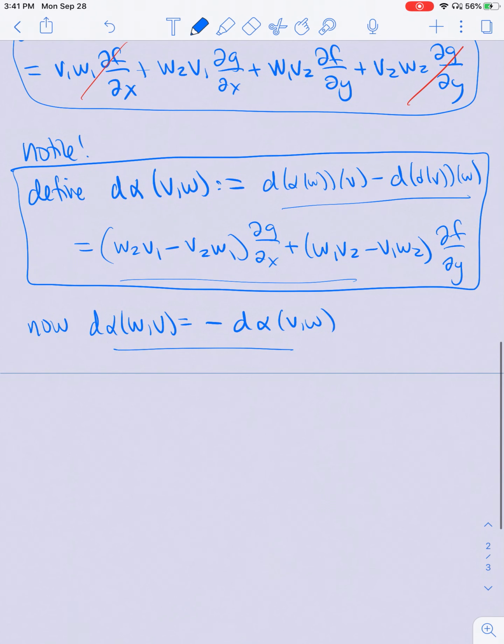Okay, so this is how I've defined d alpha at a pair vw. And let's use this to get the expression in coordinates that we had before. So what we had before, okay, so